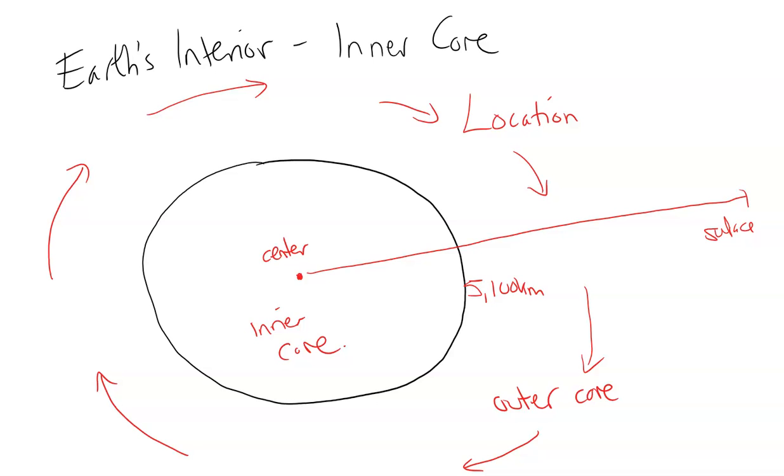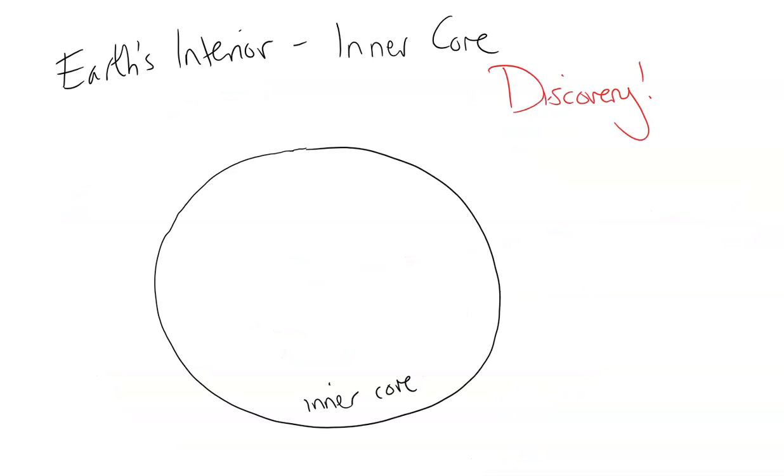So how did we discover this? We can't exactly say that we've been there and directly sampled the core and figured out the environment, composition and dimensions. No, with most or all of these layers of the Earth's interior, besides really the crust, because we live on it and can directly access its materials, we've looked at seismic waves,